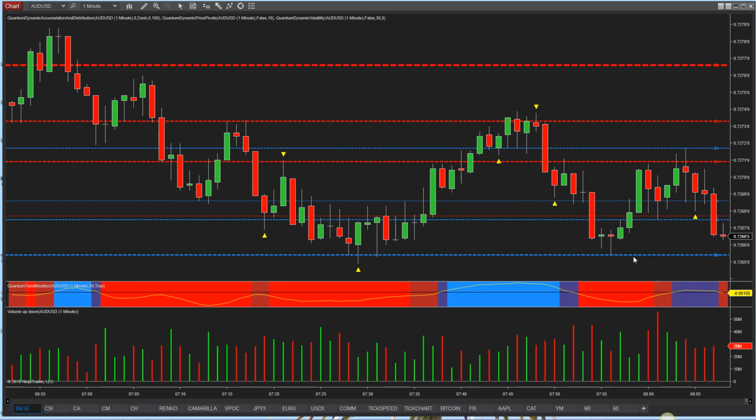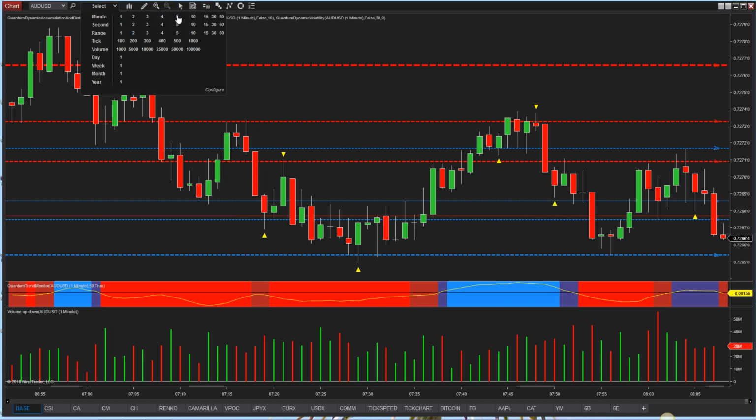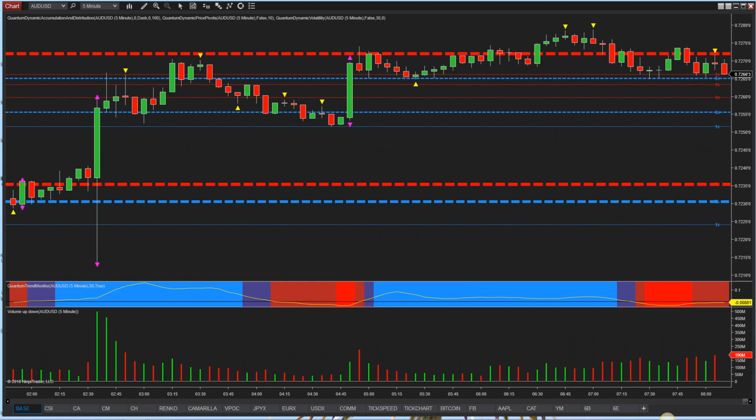And we've got a platform of support which is building down here, which is just about to be tested by the look of things. If we want to find out what's going on in other time frames, we just simply move up to the other time scales. Just move the chat box out of the way. Now we're up on the 5 minute time horizon, and as you would expect, it's a different layout,